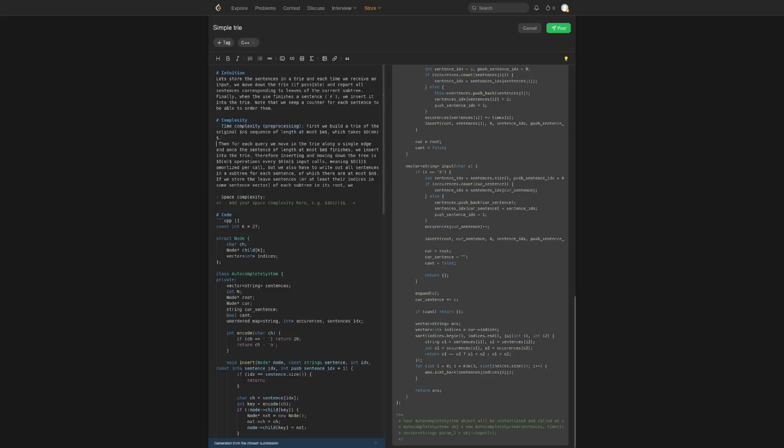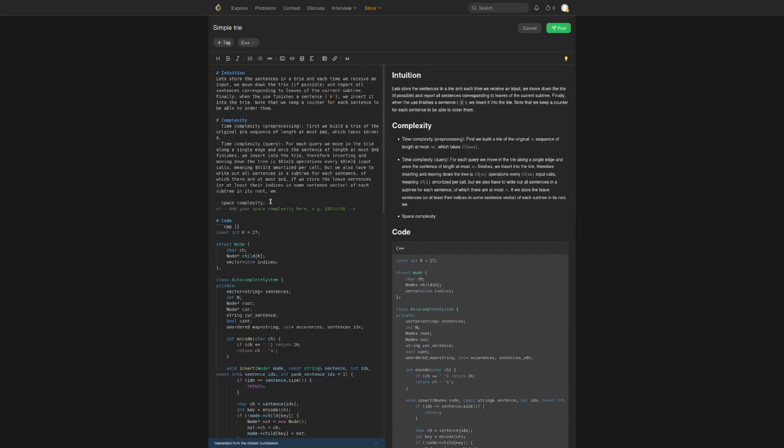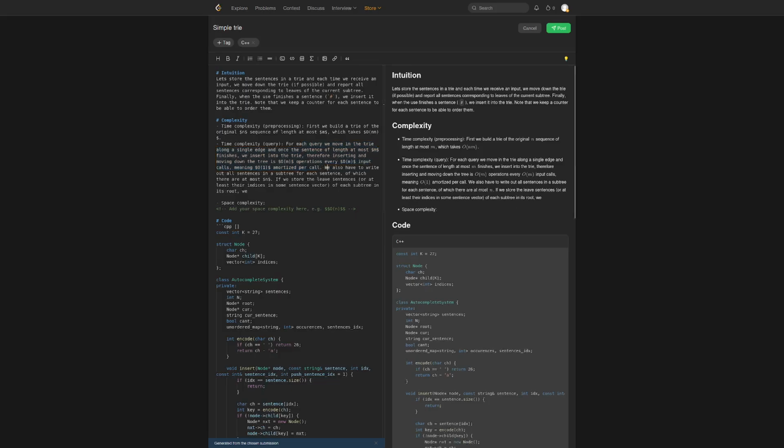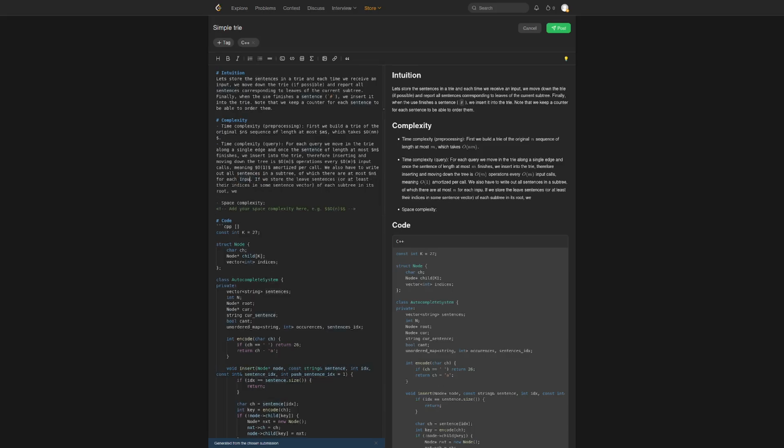Pre-processing, query. For each query, we move along a single edge, and once the sentence of length at most m finishes, we insert into the trie. Therefore, inserting and moving down is O of m operations every O of m input calls, meaning O of 1 amortized per call. We also have to write out all sentences in a subtree, of which there are at most n for each input sentence. If we store the leaf sentences, or at least their indices in some sentence vector, of each subtree in